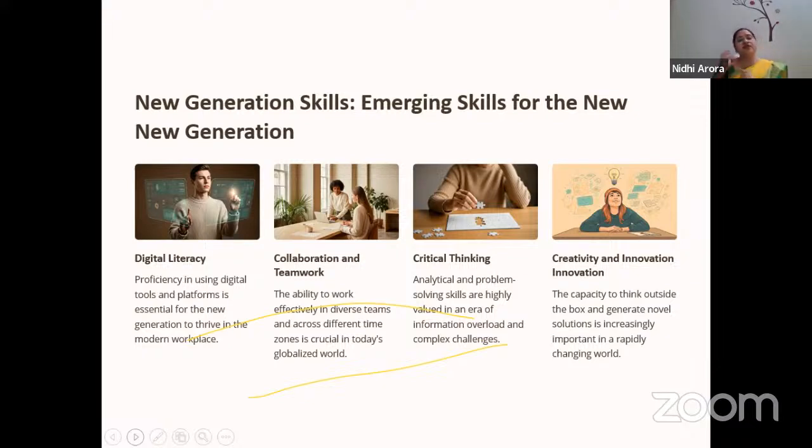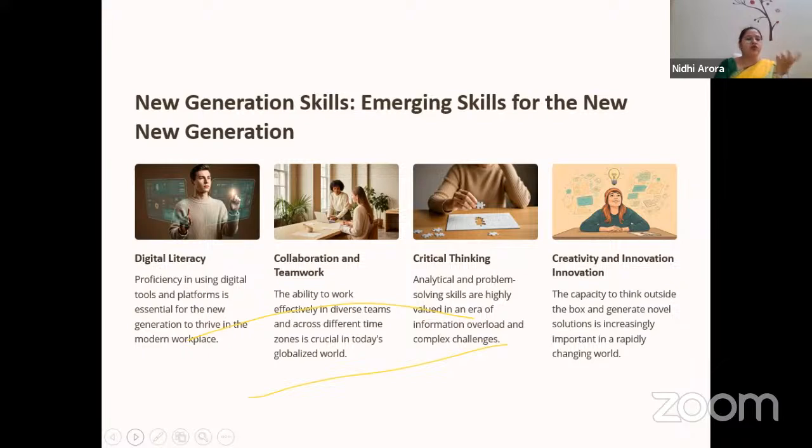And digital literacy refers to the ability to effectively use digital tools or technologies to access, evaluate, and create information. Now, though, we have AI, which plays a very vital role in it. Right? And digital literacy is foundational for virtually all modern jobs. During COVID, it was a time of work from home. If you are not digitally literate, then it is very difficult to work